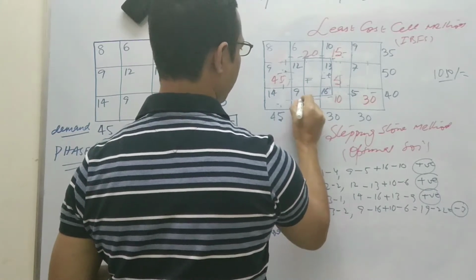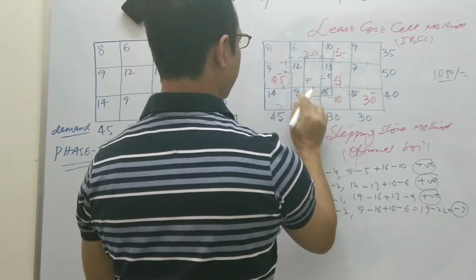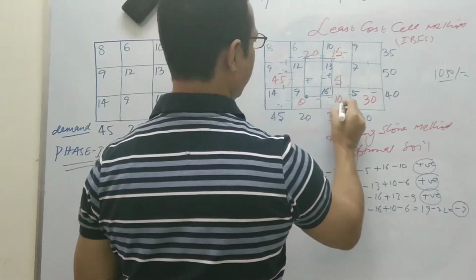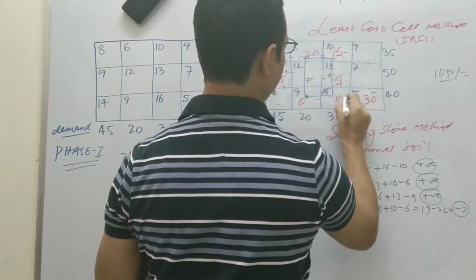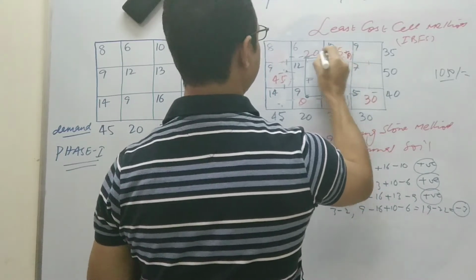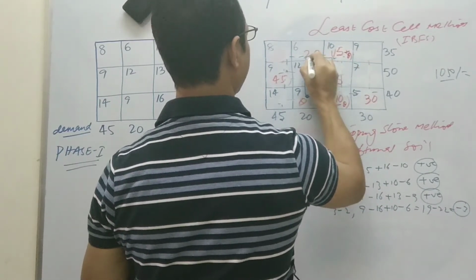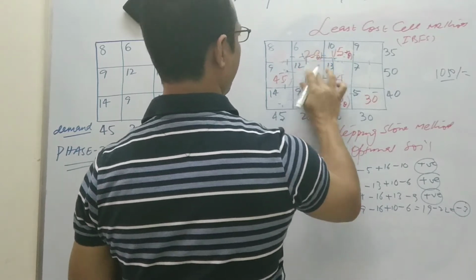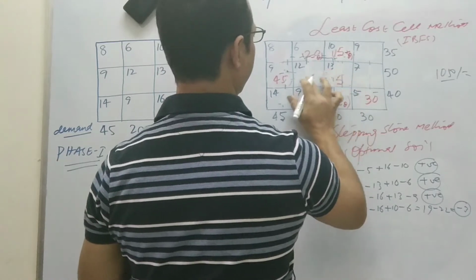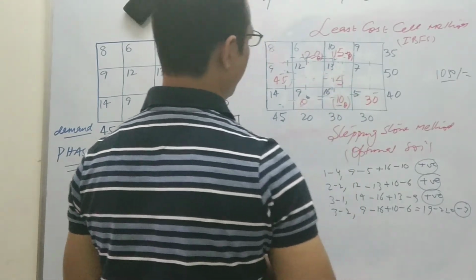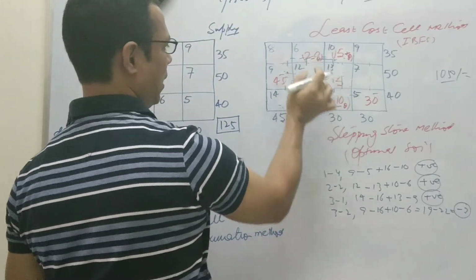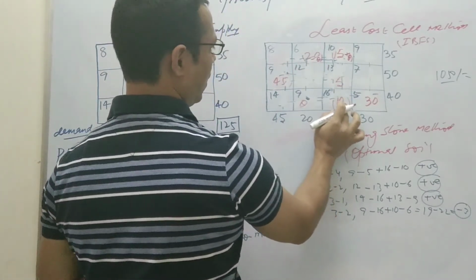So here we are going to consider theta. If this will be the theta, it means this value will be 10 minus theta. This one will be 15 plus theta. This one will be 20 minus theta. So out of all these theta, we can check which theta is going to give you the negative one. 10 minus theta, 20 minus theta, these two are negative. So we can say, if we consider theta as 10,